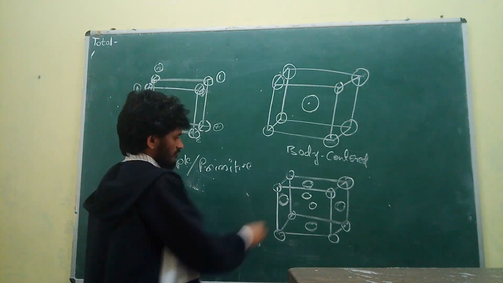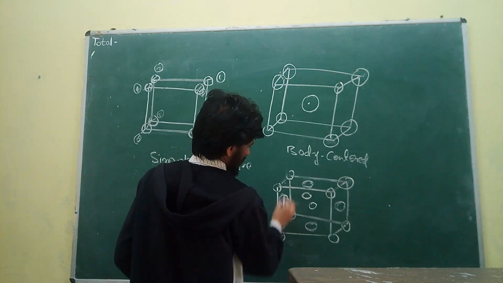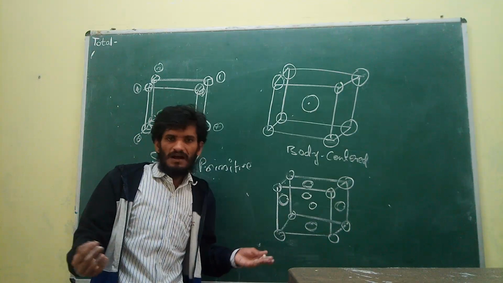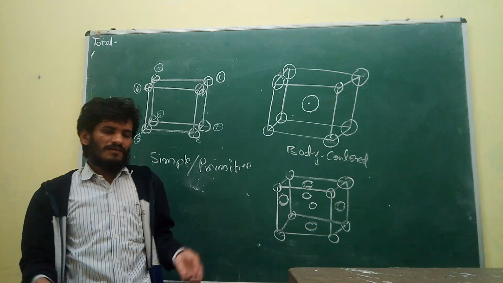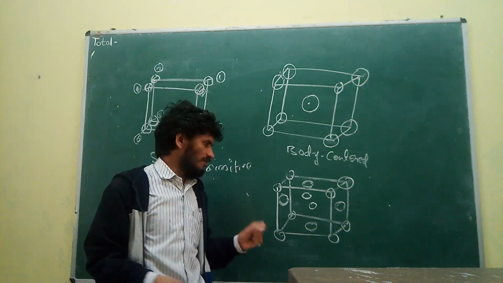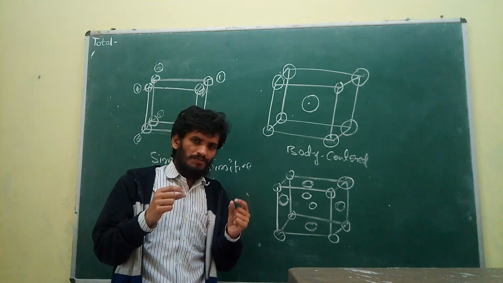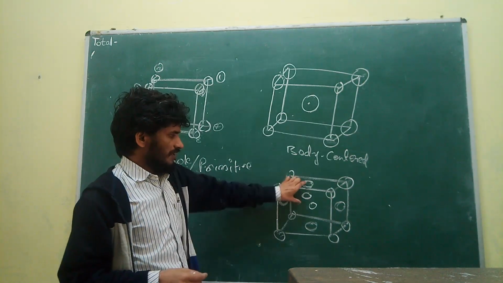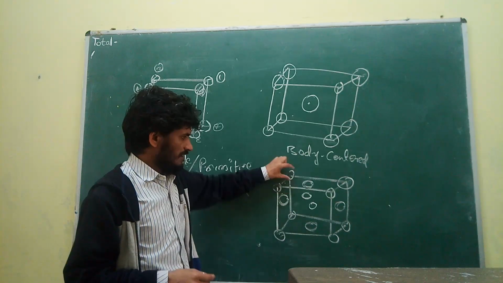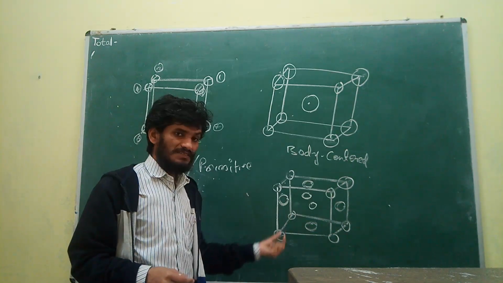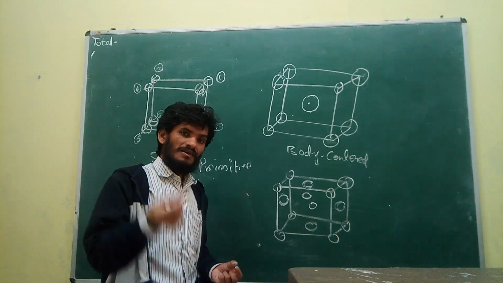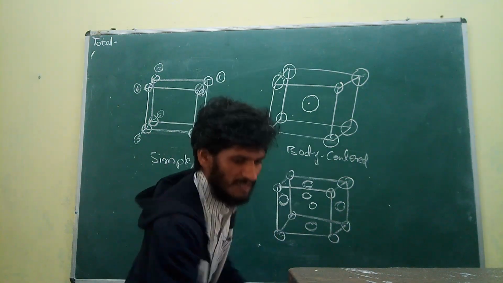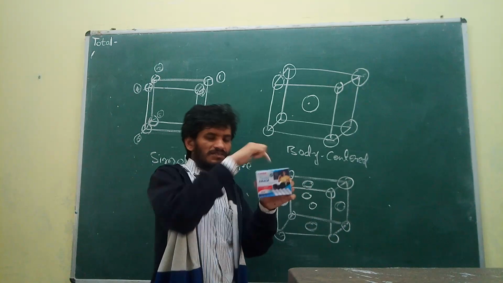So such a unit cell is called a centered unit cell, because it is not a simple or primitive one. Why? When we consider simple or primitive, the lattice points are located on the corners of the unit cell only. But here, in this unit cell, the 8 corner atoms are present as well as 6 atoms on the middle of the 6 faces. 6 atoms are present on the middle of the 6 faces.